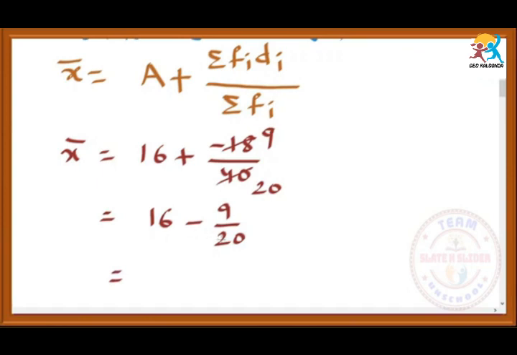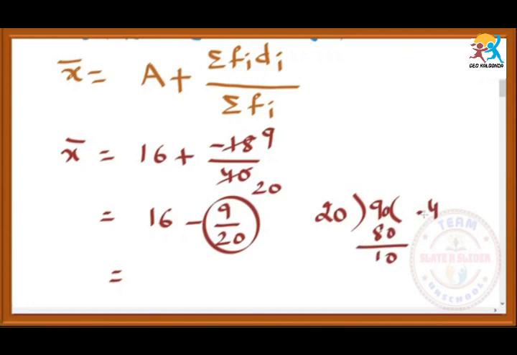So don't go for the LCM here. Here what should we do? Simply we will simplify only 9 by 20. So that means you have to divide 9 with 20. So 9 is not usable, so keep a point here and keep 0 here. 90, 4 20s are 80, 10. So after we kept a point, that's why you can keep 0 here. The division, 5 20s are 100.